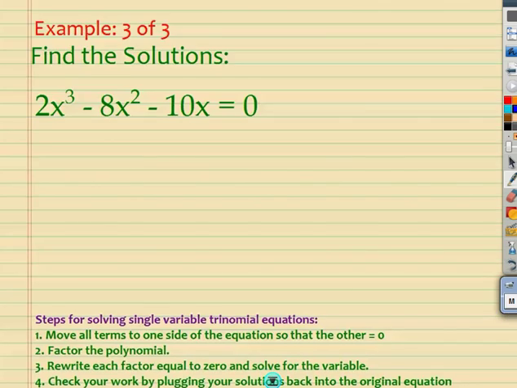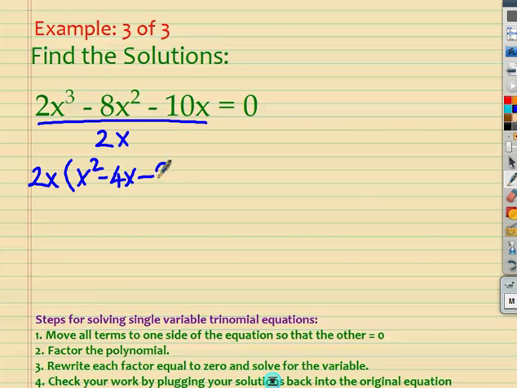Here's my last example. In this example, we are dealing with a greatest common factor scenario. If I look at the problem, I can recognize 2 is a common factor for every term. Also, x is a common factor for every term. So I'm going to factor out the greatest common factor, 2x, from everyone first. If I factor out 2x, I should have x squared minus 4x minus 5 as our remaining part inside of